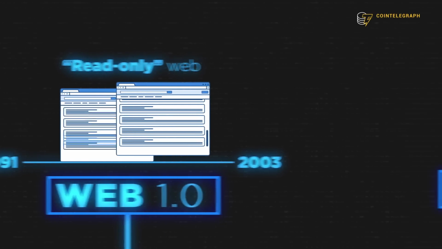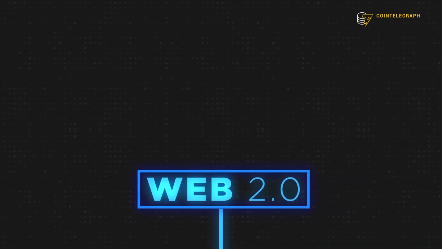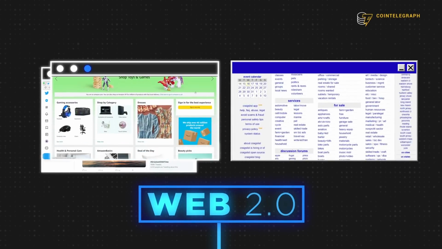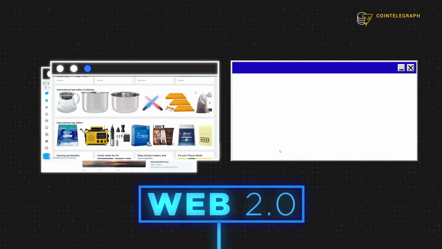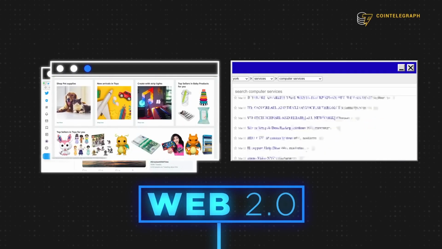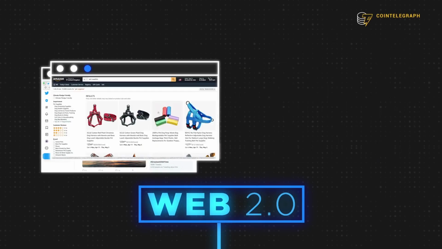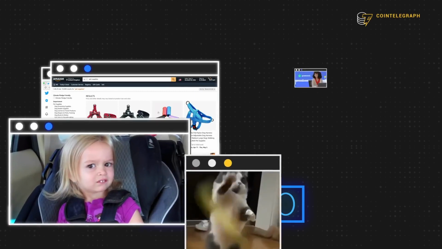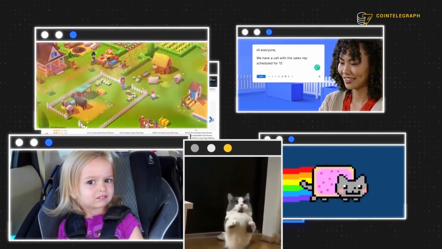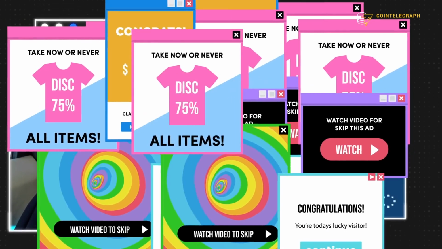Now let's move on to Web 2, the second generation of internet services. Compare a website like Twitter or Amazon to Craigslist, and it's easy to see the transformation that's taken place, at least on the surface. The days of hyperlinks and static text are far gone. Instead, we have images, videos, applications, games, pop-up windows, animations, and most importantly, advertising. But we all know that.